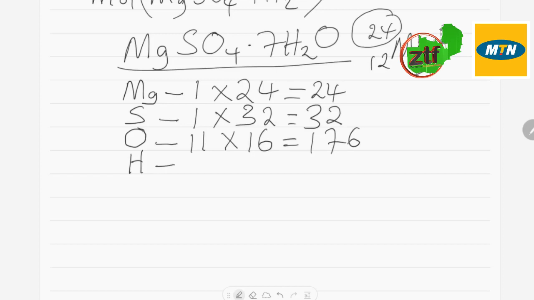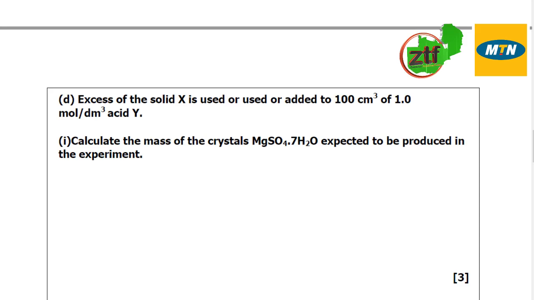Hydrogen. The number of hydrogen atoms present in this salt is 7 times 2, which gives us 14. So it would be 14 times 1. And we all know 14 times 1 will give us 14. Thereafter, we can do summation of the results. So we have 24 plus 32 plus 176 plus 14. This gives us